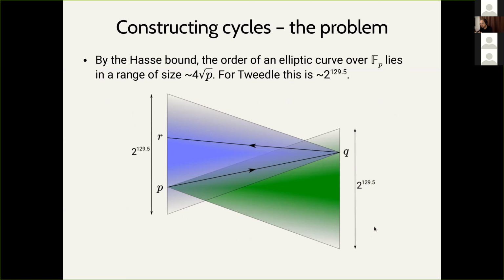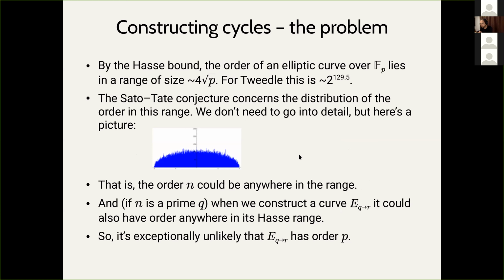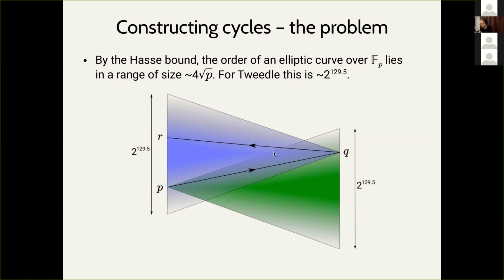Is that clear? When you say range, it's like p minus 2 square root p up to p plus 2 square root p. Correct, exactly. Sorry, I probably should have said that explicitly on the slide. Okay, so the point here is that if we start with a curve over Fp, we find its order q,